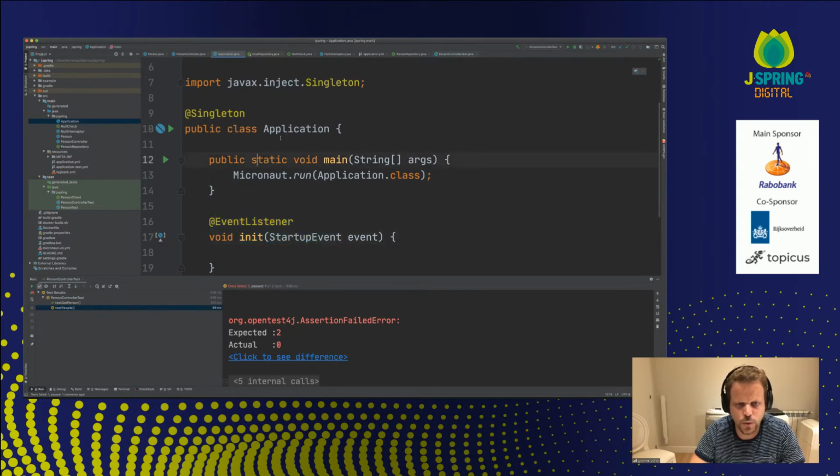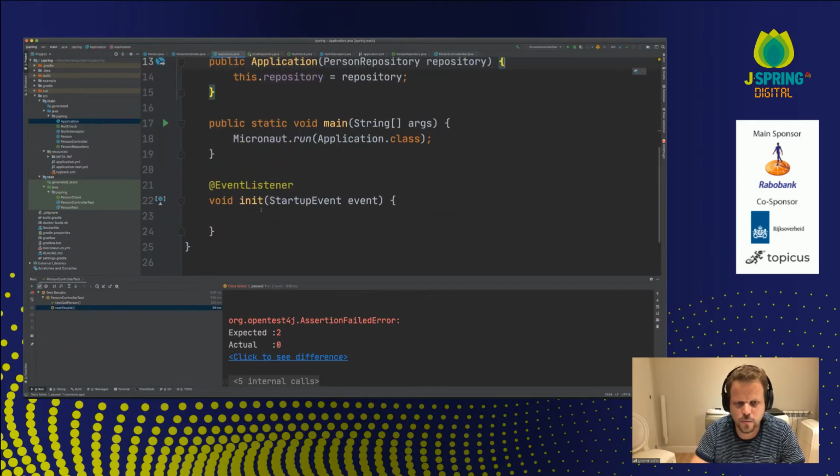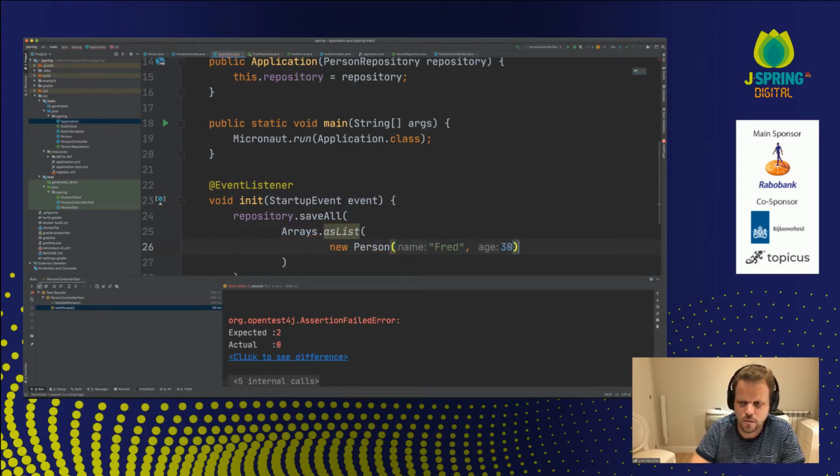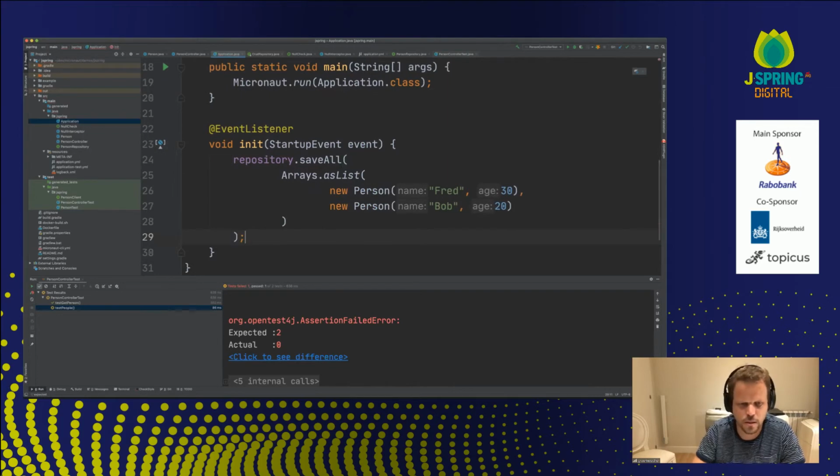The next thing I can do is inject my person repository into here, like so, and we can do repository.saveAll and list new person Fred, like that, to create some data when we start the app.